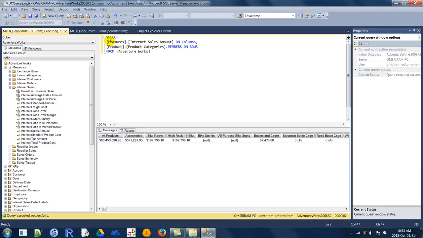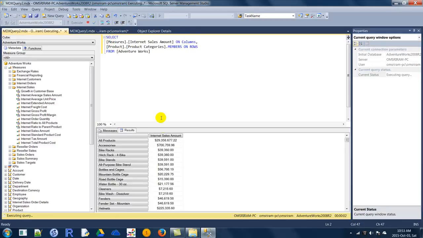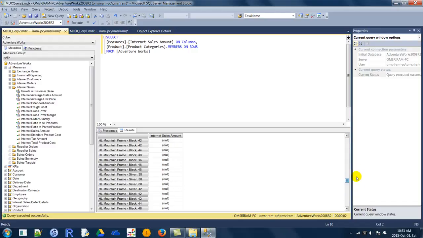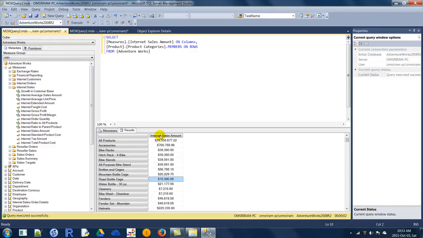Okay, comma. So now we'll see, for all the product members, the respective fact values. Now we see the column name as internet sales amount, which is the measure, and accessories is the product member. Now I want internet sales amount and reseller sales amount both. As I said, these are from the same members, from the same dimension. So what we'll do is combine them with